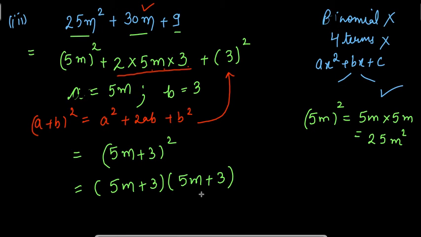So this is how all questions are same. You need to learn to identify, then write the perfect square numbers, split the middle term, and then apply the identity to write the factors. Okay. Now I am explaining to you the fourth part of this question, which is